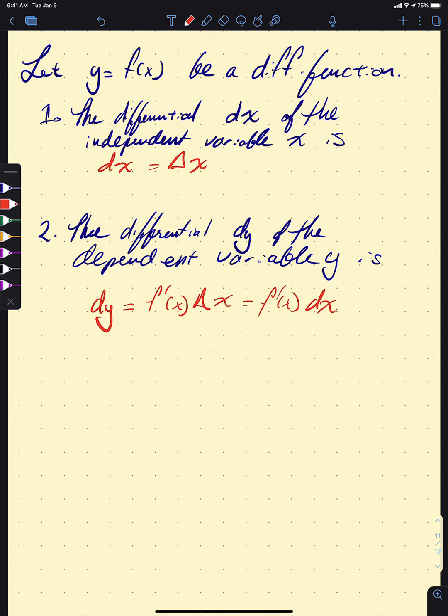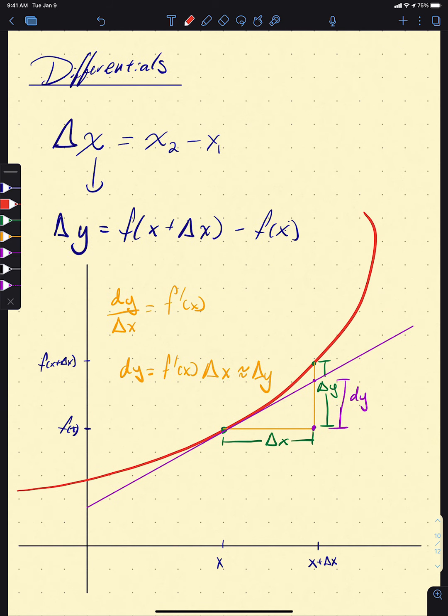Here's what I want to draw your attention to here again, right? For our independent variable, there's no difference between delta x and dx. Both measure the change in x from x to x plus delta x. For the dependent variable, delta y measures the actual change as x changes from x to x plus delta x, whereas our differential dy approximates the change,